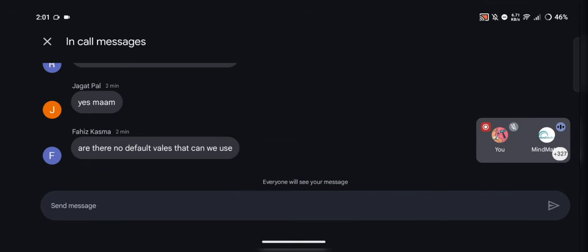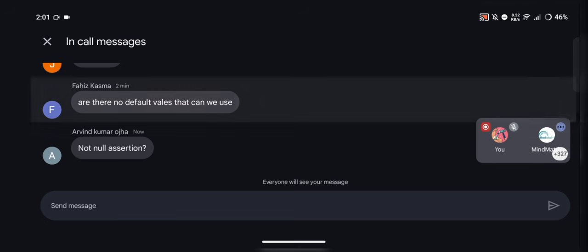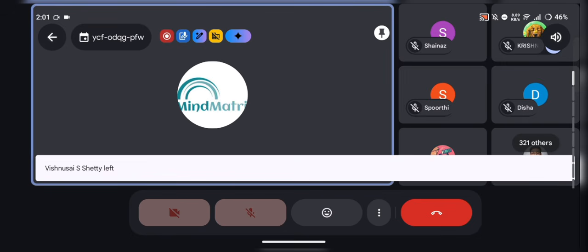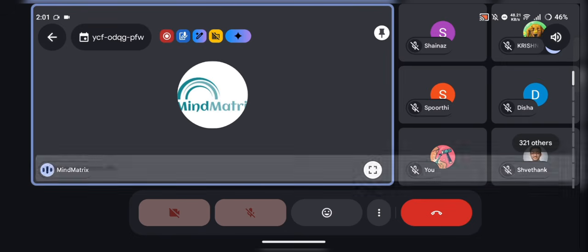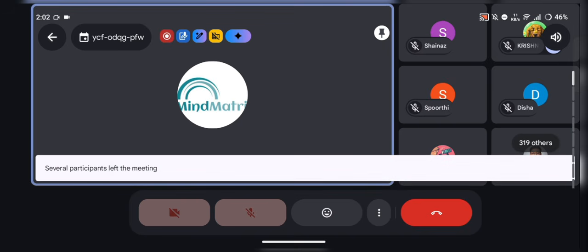Like Faiz, I understand what you are saying. Like we can use any other default values and all, right? There are so many operators in any other program. You can take any other programs. There are so many operators, but still sometimes we use a particular one. I will just give an example. We have the if else statements and the when statement.